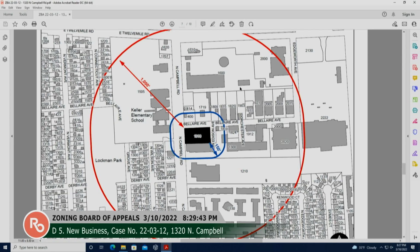And the petitioner is proposing to occupy one of those tenant spaces, a 165 square foot tenant space, to perform microblading or tattooing services. They provided a supplemental written statement to give you an overview of their proposed business operation, but under the state governing act for body art facilities, there's a state license process, and the state regards